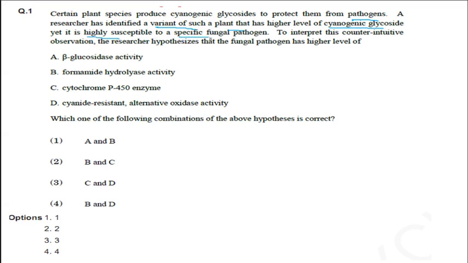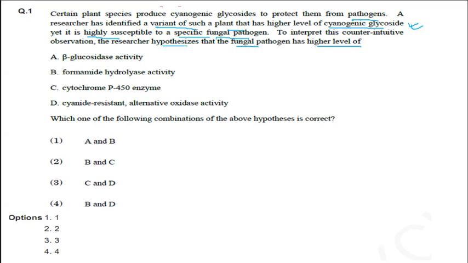How is it so? To interpret this counterintuitive observation, the researcher hypothesizes that the fungal pathogen has higher level of. So being cyanogenic glycoside present, still fungal can infect this plant. That means fungal is showing a different pathway. Okay, fungal is showing cyanide resistant pathway,